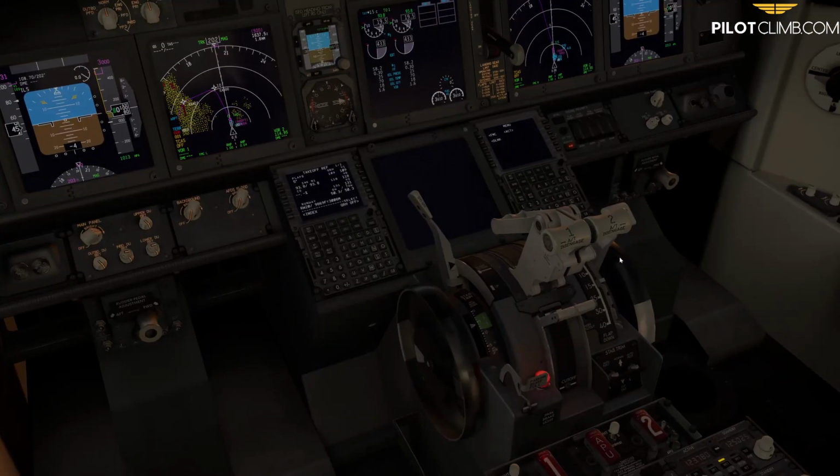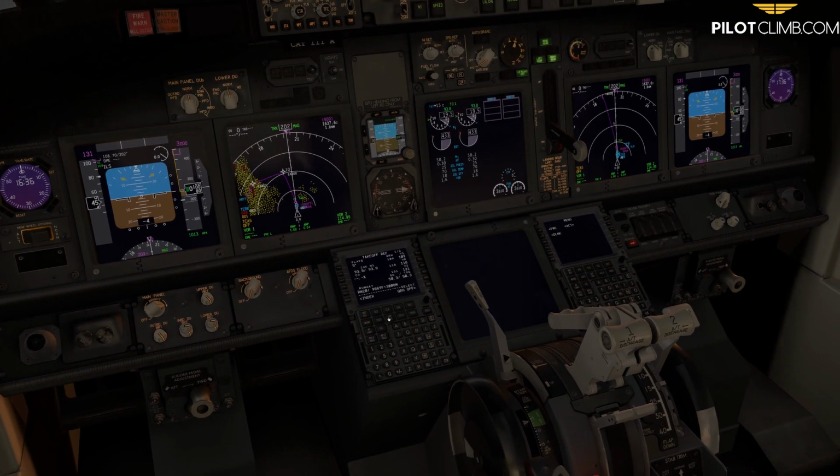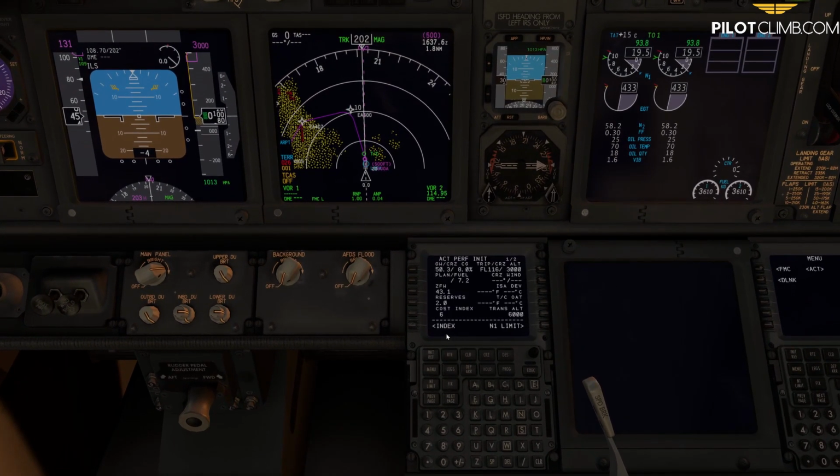We've got flap 5, guys, start trim around 6 units, and then we've got the takeoff. Let's go through some performance. We've got zero fuel weight 43, gross weight of 50 tons, target altitude is going to be 3000. We've got 24k takeoff with 93.8, and you can see in there, okay, we're gonna do a flap 5 takeoff